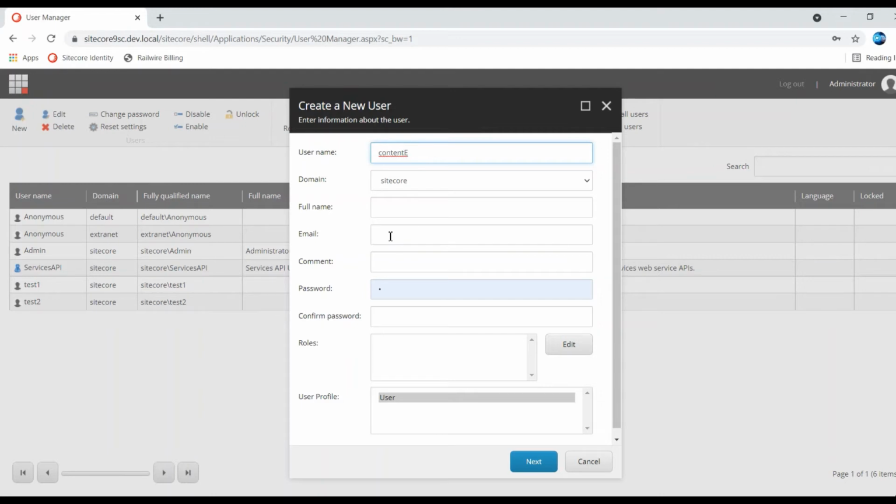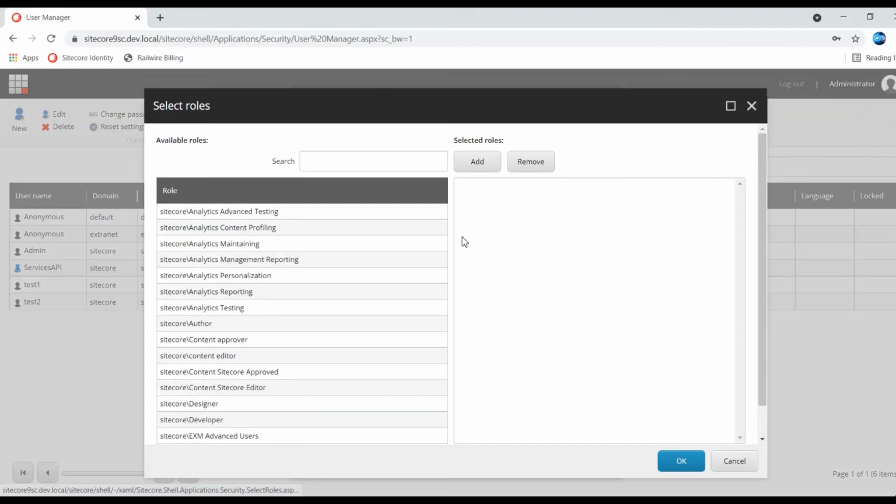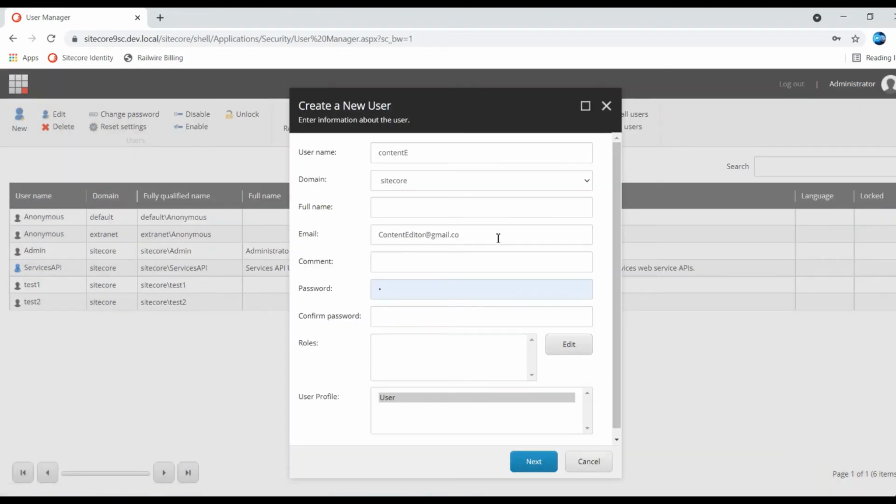So I'm entering the email ID, content at email.com, and I'm giving the password. Sorry, let me select the password.